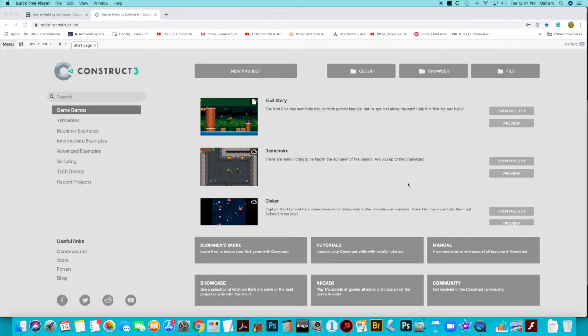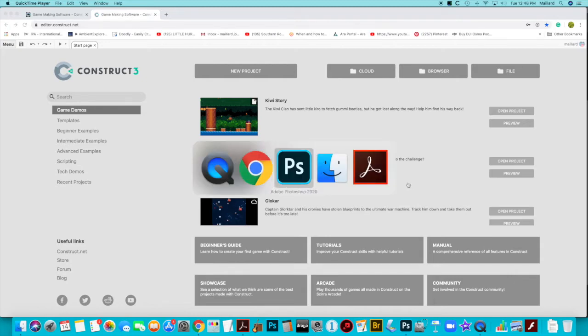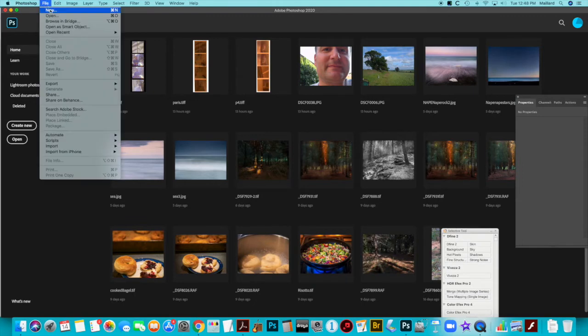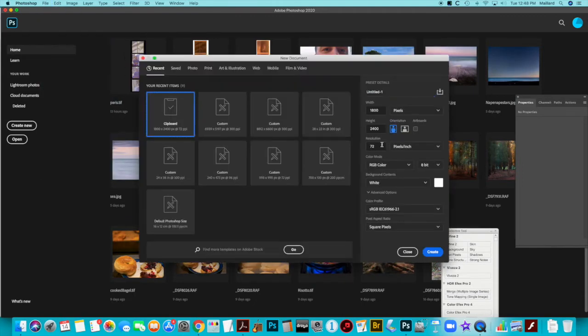So the first thing I want to do is go to Photoshop, and if you're on a Mac, it's Command Tab. It will take me between the software. So I'm going to go to Photoshop. I'm going to make a new file, and it's going to be 72 dpi because we're working with screen resolution. I'm going to have a transparent background,